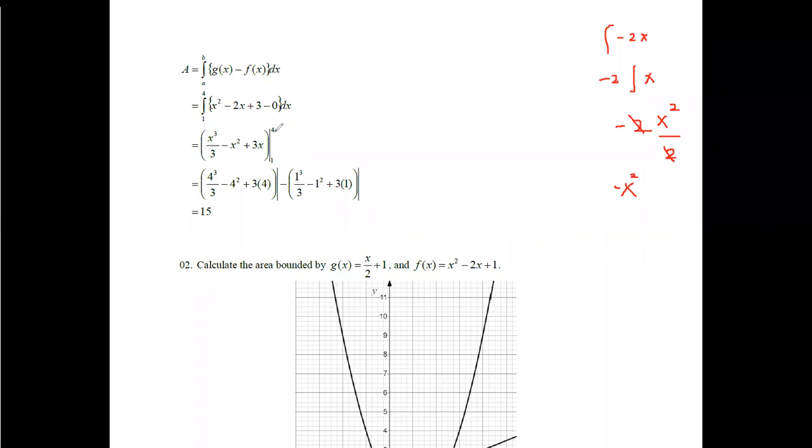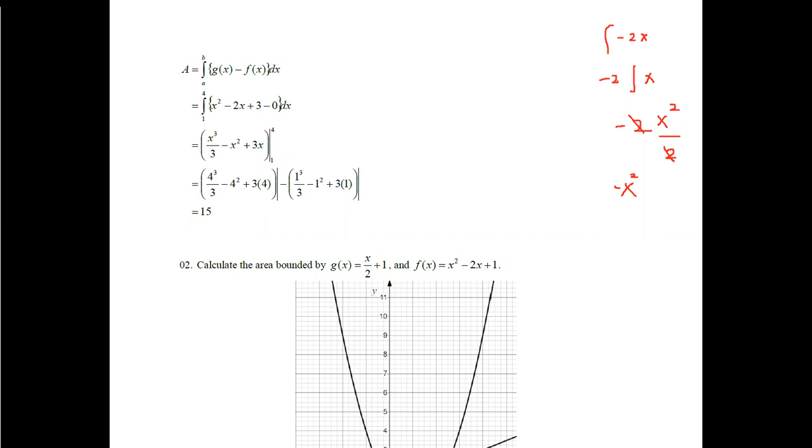First you have to substitute the upper limit. Once you substitute the upper limit, the first part gives this form, and once you substitute the lower limit, it will be in this form. Therefore, once you perform the calculation with the additions, multiplications and subtractions, you will get the area equal to 15 units. This is how we use integration to calculate the area which is bounded by the x-axis and any given